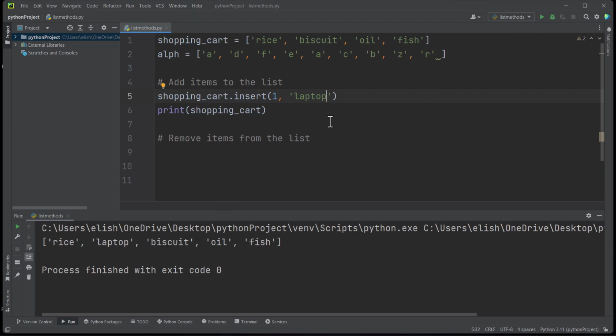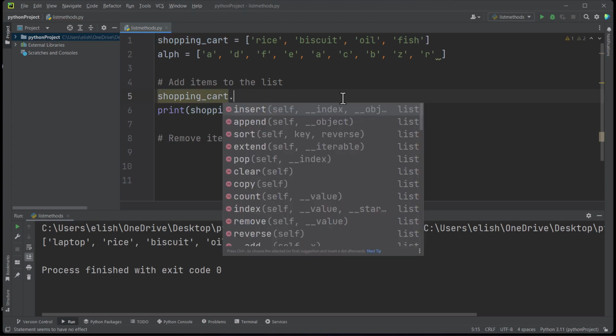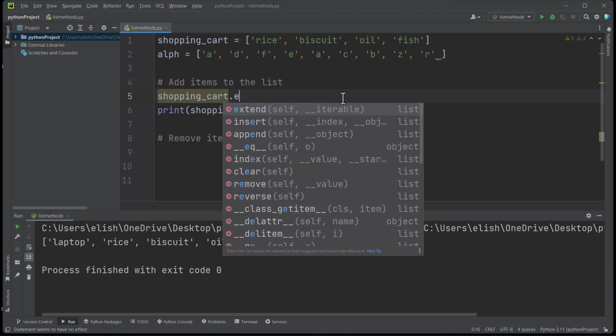Okay, so that is how we use the insert method. If we put 0 here, it means our laptop will be the first item in the shopping cart, and it pushes the rest to the right. We can also use the extend method to add items to a list. So let's say we have extend